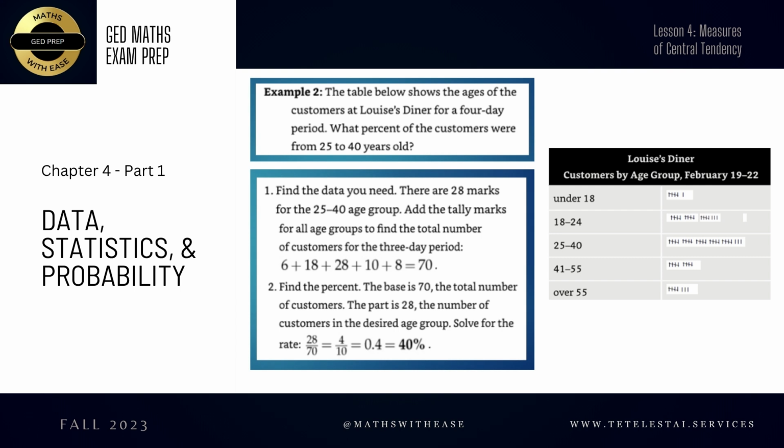But this question is asking us what percent. So we can't leave our answer in this form, even though technically it's correct. Because the question is asking you to express your answer in terms of percentage, you need to go further. And you would do that by first reducing your fraction to its lowest form. And once you've done that, you transform the lowest form of your fraction into its decimal equivalent, which in this case is 0.4. And then you simply want to multiply by 100%. And if you remember from our lesson on percentages,